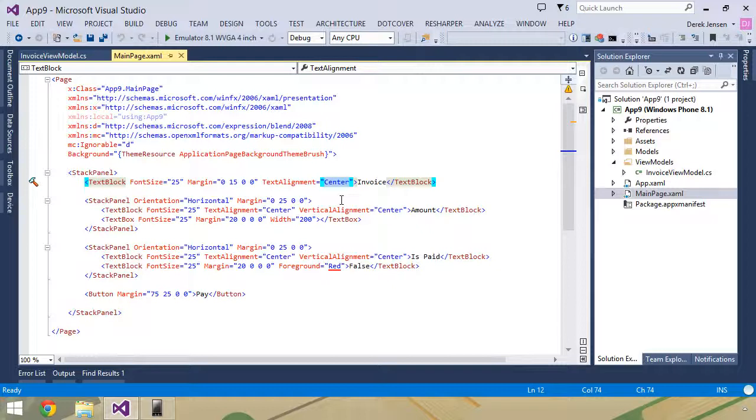And if you remember from a previous lesson, and actually from working through this example, you're going to notice up here in the attributes of Page, as we move our way down, we see a Background property. And then it has this goofy value with some curly braces, and inside it says ThemeResource, and then ApplicationPageBackgroundThemeBrush. So what's going on there?